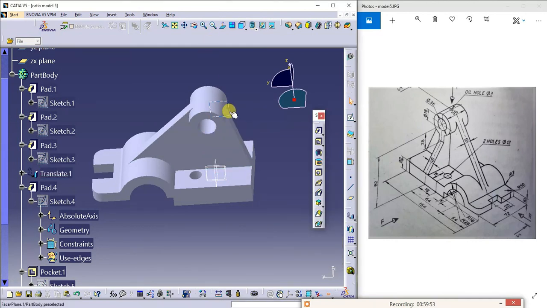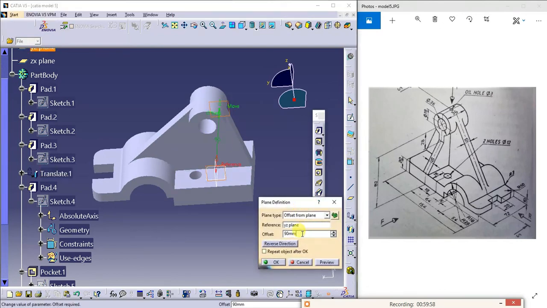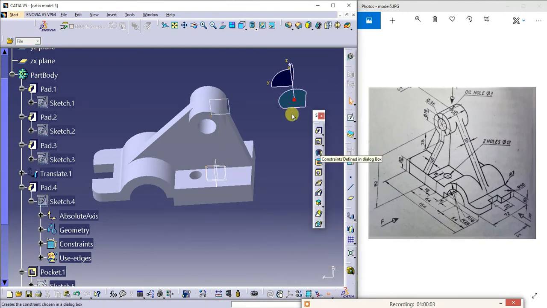So here the plane is shifted. Once again I'll edit this, 82, 90. I'll try to give it as 93, so that it comes and sits exactly on the curved surface. Why am I doing this? I cannot create the hole on the curved surface. Whenever you want to create a model, it has to be a plane, a flat surface. Then only you can create the model. If it is a curved surface, I cannot create any geometry. Because of that reason, I am taking a plane here.